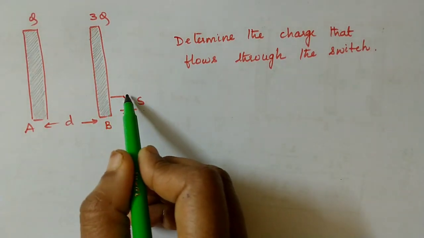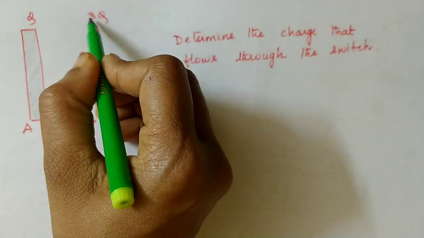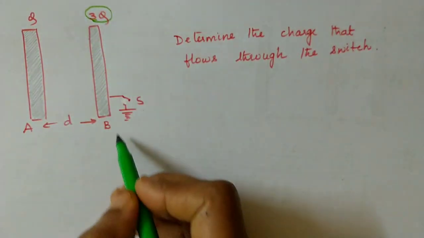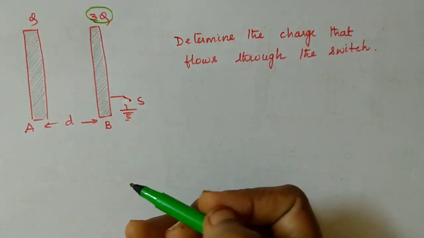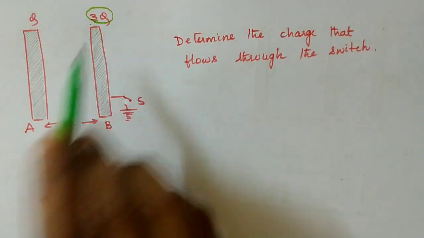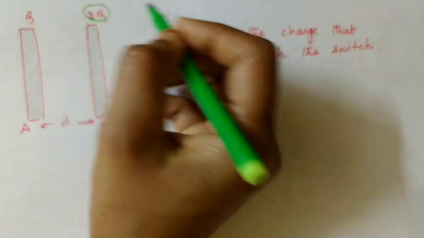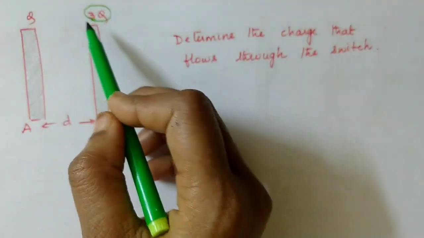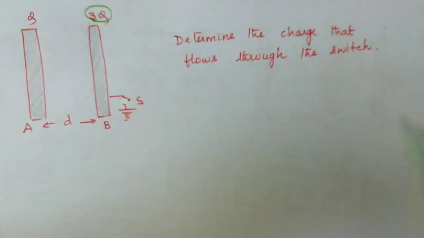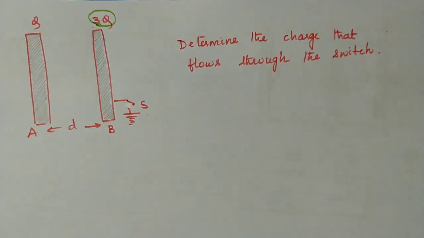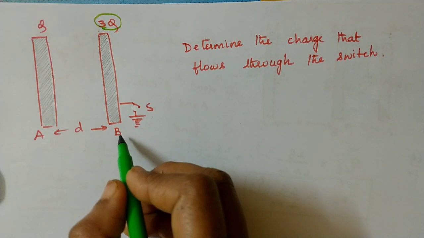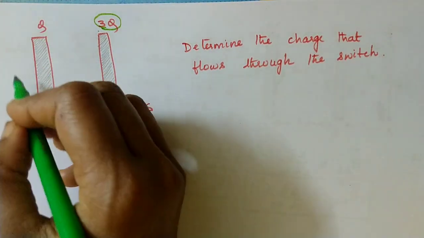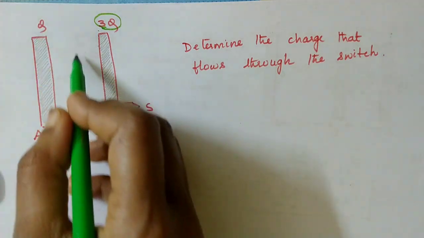Because we are going to earth the surface, there would be a change in the charge which is given to 3q. Because earth may supply the charges or take away the charges, 3q is going to get modified. So how much is the modification? We will come back to it later. So first, circle off the charge which is present on the earthed plate. Now the second step is, because you are earthing the surface of B, this earthing will pull all the charges on the adjacent plates towards it.